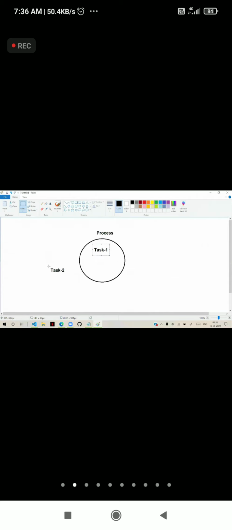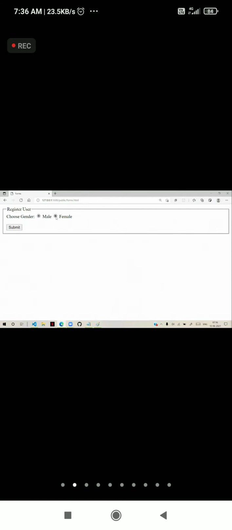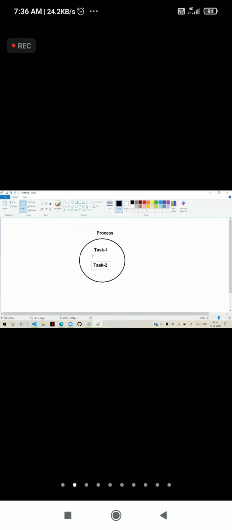Now you select another one. It also goes into the process and cannot come out until you reset the process. When you reset the process, then these two will come out. So this is the problem with radio.